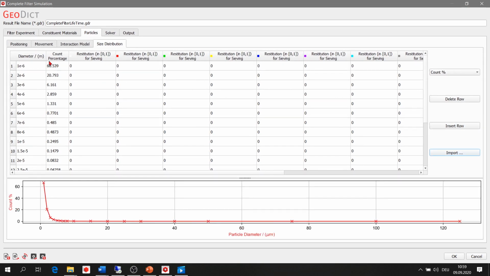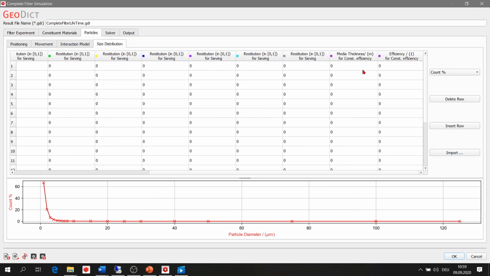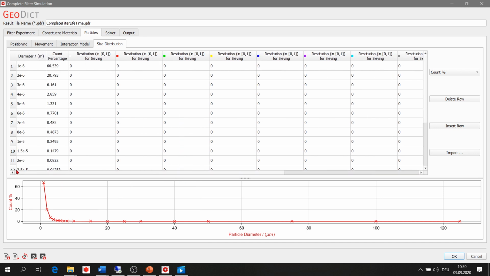Right. So what else? We also have to define the restitution coefficient, the media thickness, and the efficiency of each particle size through the plate.